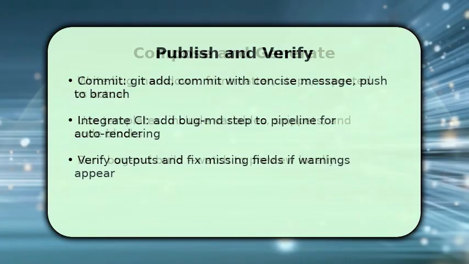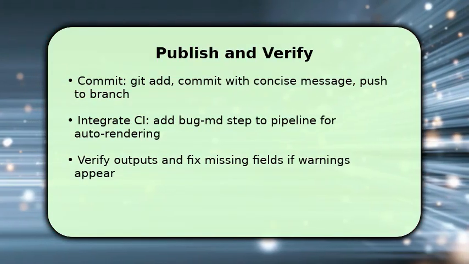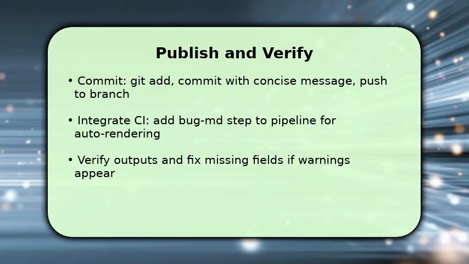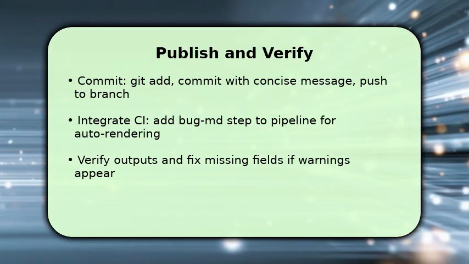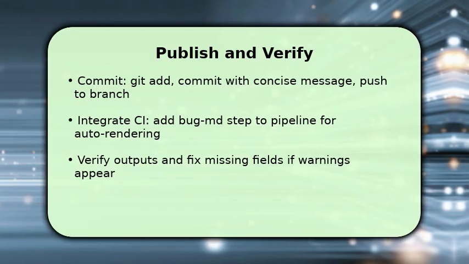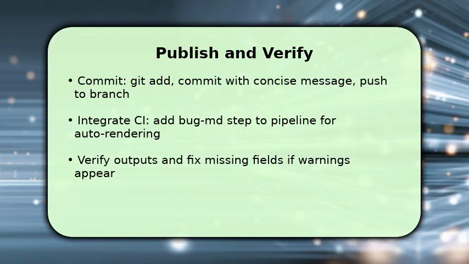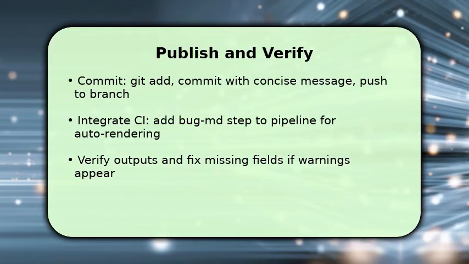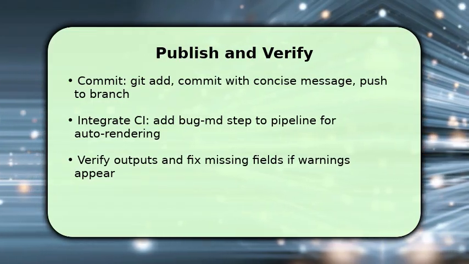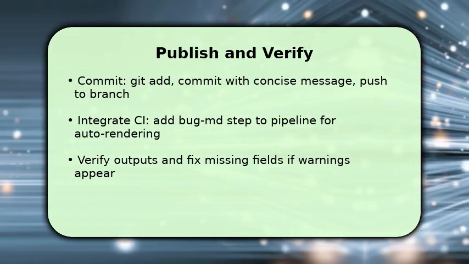Finally, publish your generated reports and verify they render correctly in CI. Commit the markdown and generated artifacts, push to your branch, and ensure your pipeline runs a BugMD render step so outputs are produced automatically. Once the pipeline finishes, review the generated files and artifacts or deploy location to confirm formatting